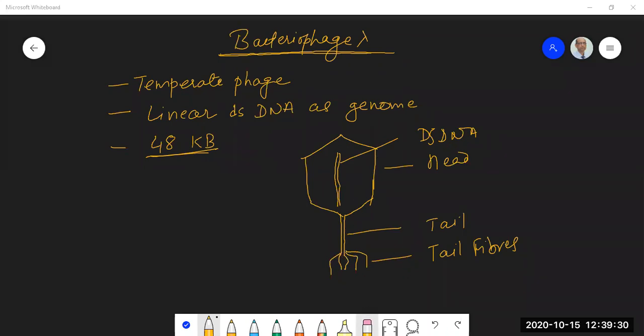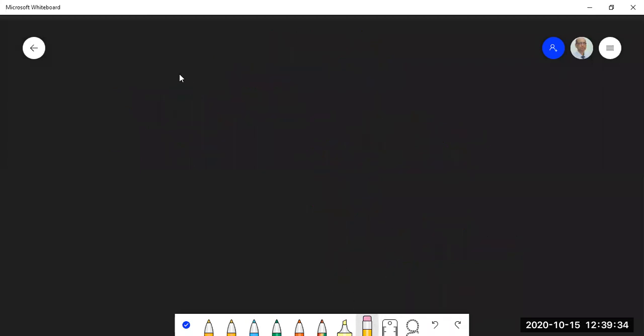Now let us understand what the two survival options are. The first one is called the lytic pathway. What is meant by the lytic pathway? This bacteriophage lambda will infect the bacterium, all right? And after infecting the bacterium,